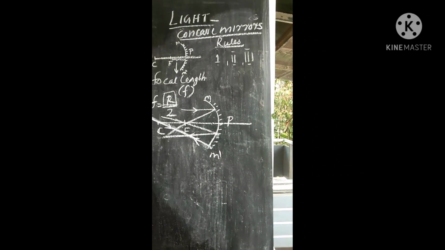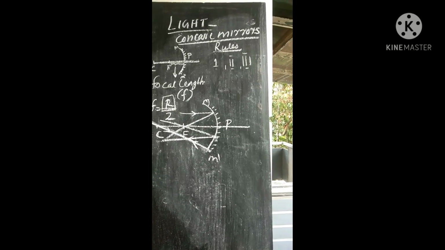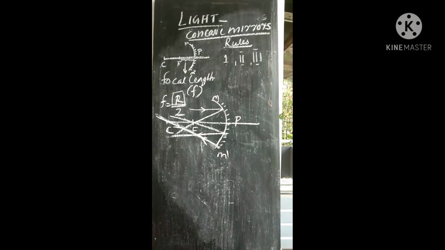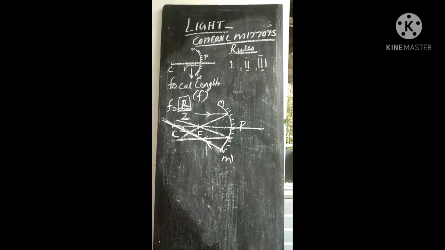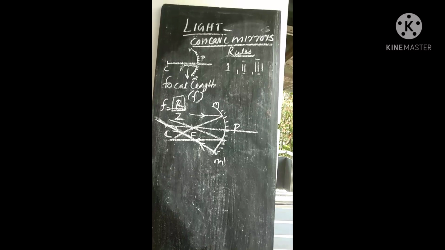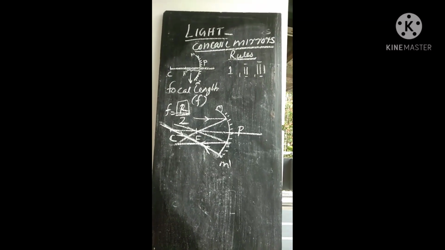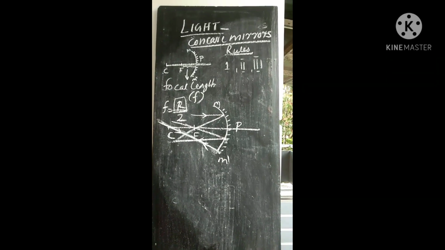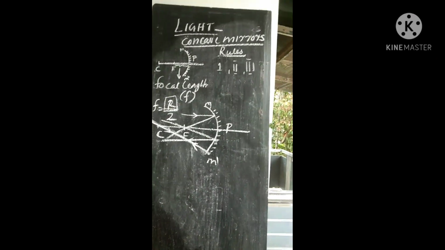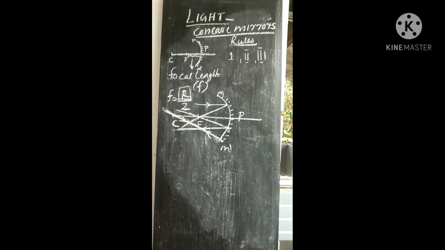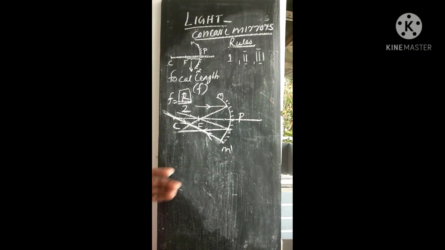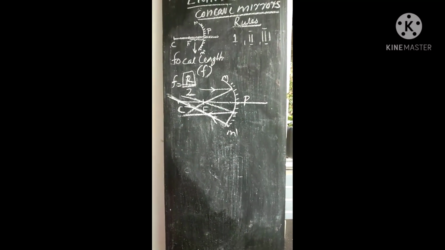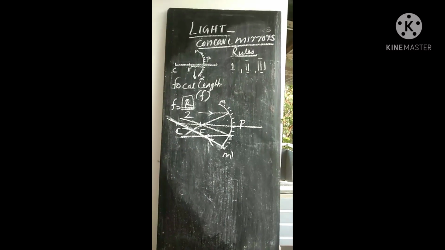So with this we completed the image formation rules, and in the next class we will be discussing the different images formed: the different positions of the object, the different positions of the image formed, and what will be the nature of the image formed in different situations. Okay, so before that, go through all the things from the textbook and study all these properly, and after today's class, write these things in the notebook.